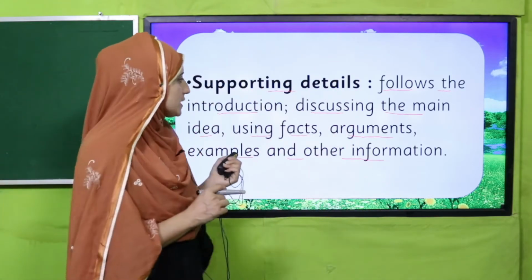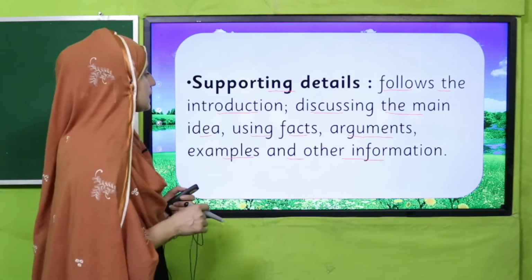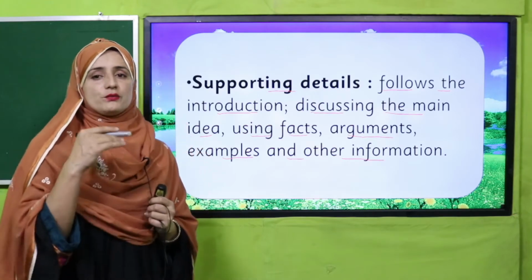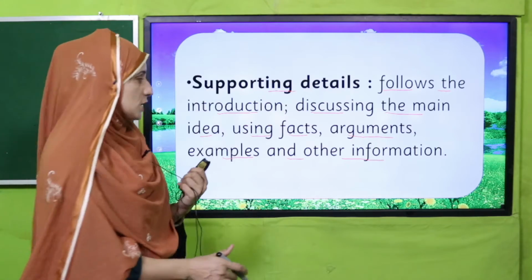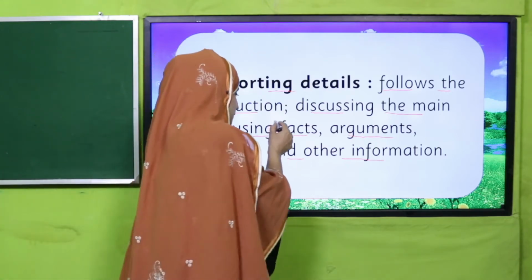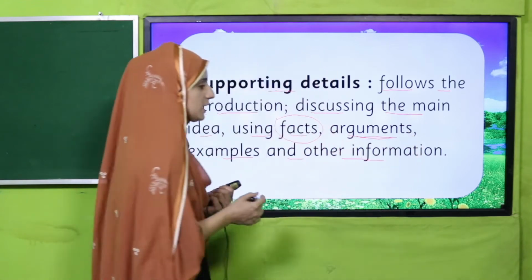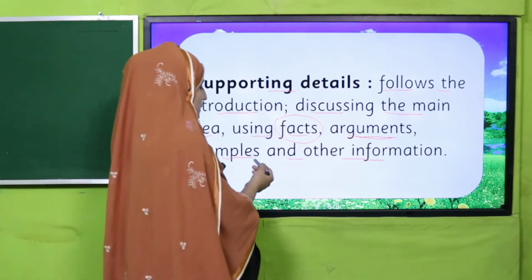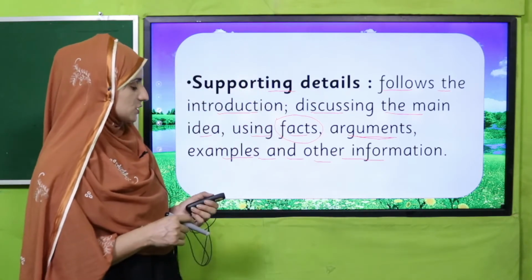In supporting details, the second section of the paragraph, we get an introduction about the main idea, which thing is going to be discussed and how it is going to be discussed. We can give facts, which we cannot change, and arguments to show why that thing is that way. We can give different examples, and also collect different information in the supporting details.